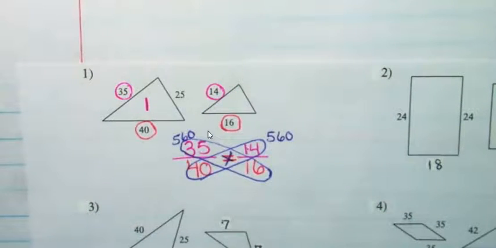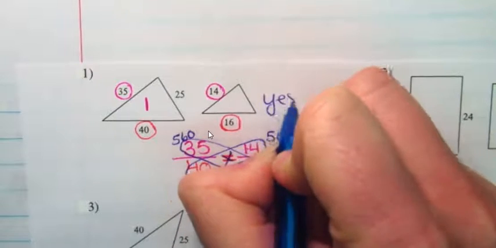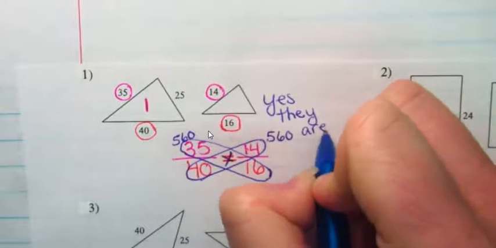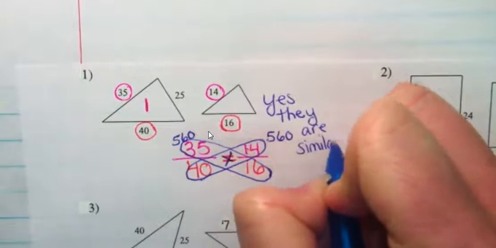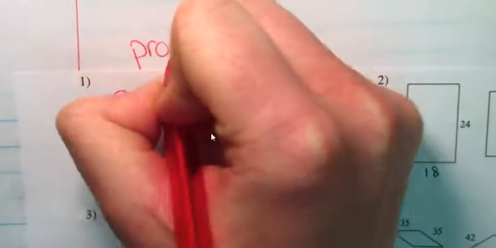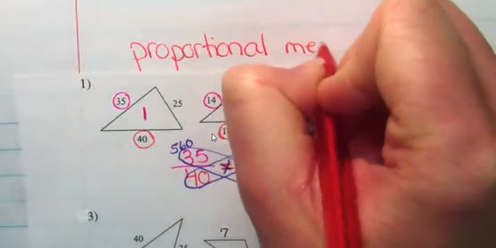560. When these numbers are the same, we can say yes, the shapes are similar. They are similar. If these numbers had come up different, we would have to say no, the shapes are not similar. Even though they look the same, they are not proportional to one another. Proportional means that you are similar. So I'm going to add that just up here. Proportional. So proportional means